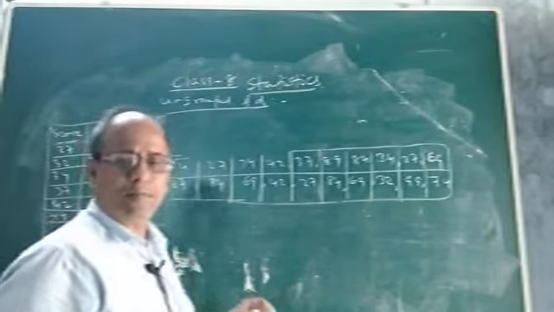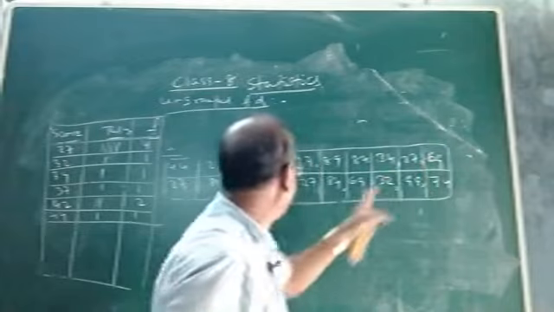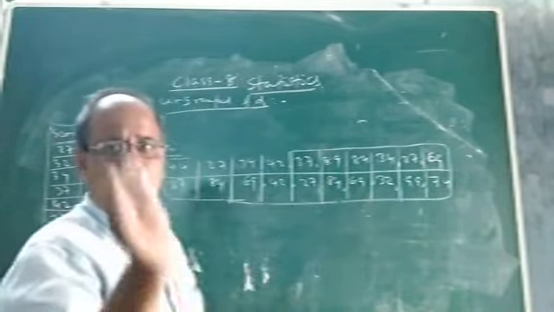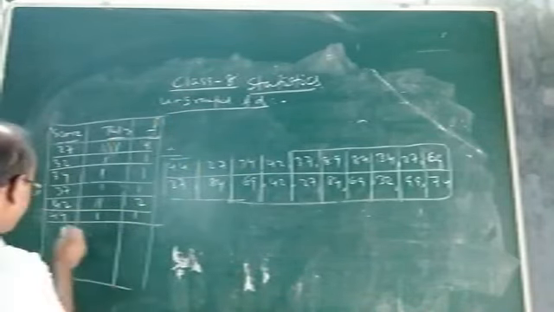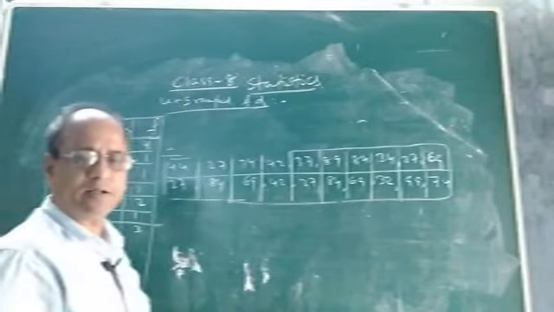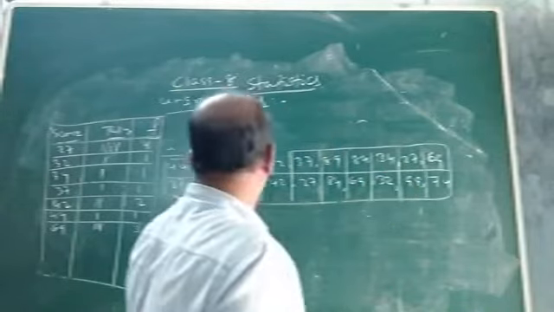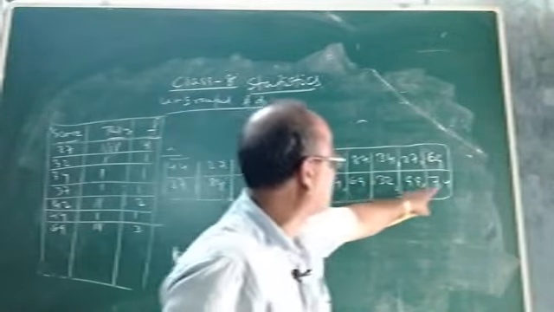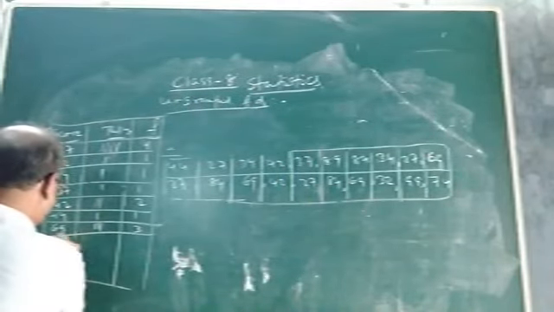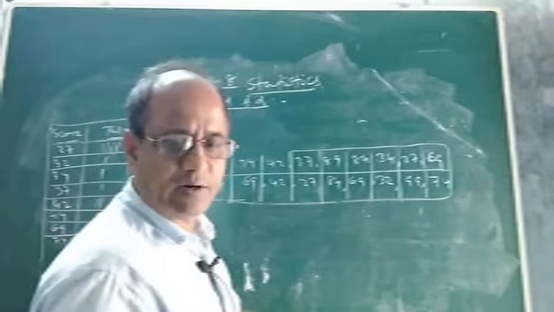So like this you have to prepare. Then 69. See, 69 marks, 1 student, 2 students, 3 students. That means the frequency of 69 will be 3. So for 69 it is 3 tallies. Then after 69, the next mark is 74. Only one student has got 74 marks. So it is 74, frequency 1, tally 1. Then after 74 is 84.